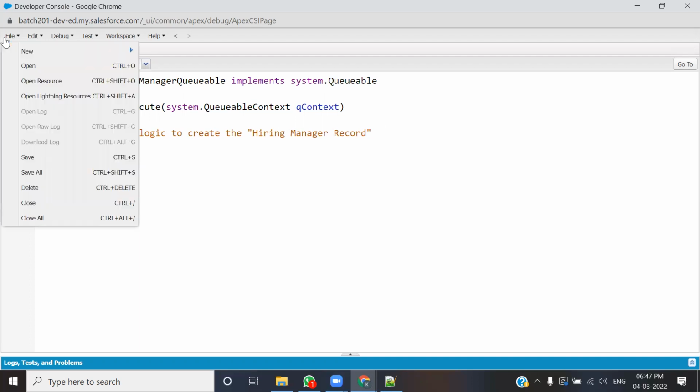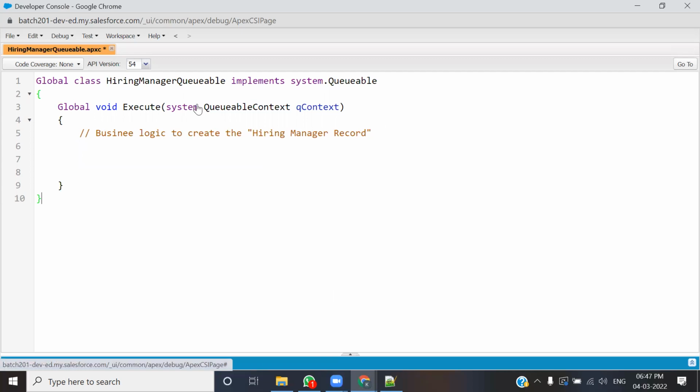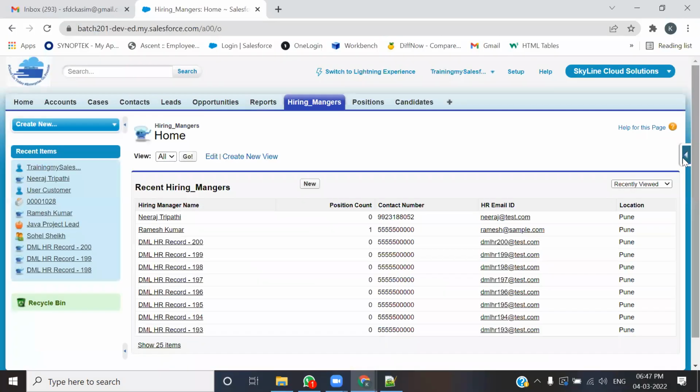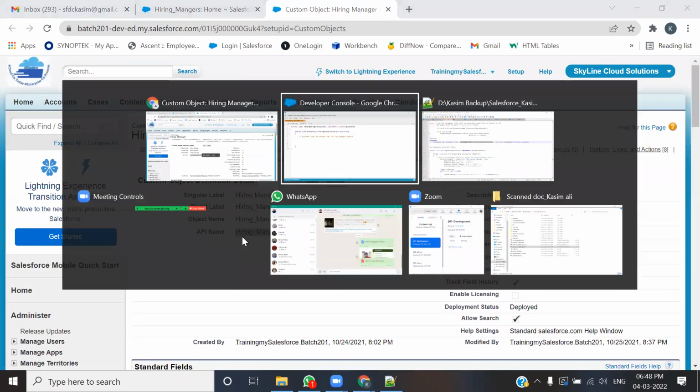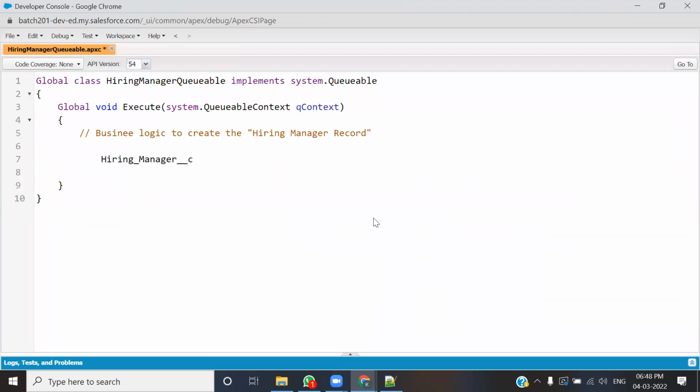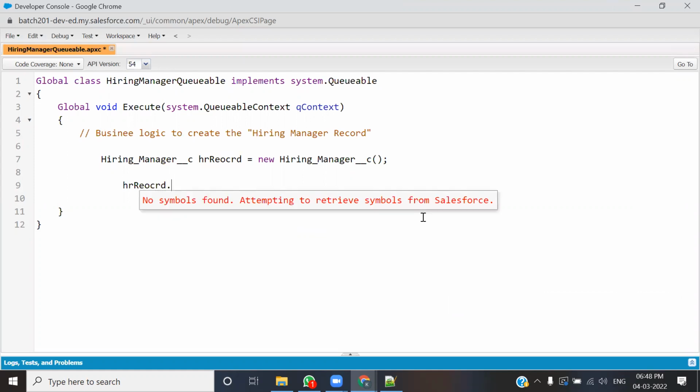So let me copy the name. The name of the object is hiring_manager__c, but I don't want to make any typing mistake, that's the reason I copy it from here. So I'm creating the object of this class, HR record equals new, once again this, with a default constructor. So you created an object of the hiring manager. Now let me create the record with HR record dot